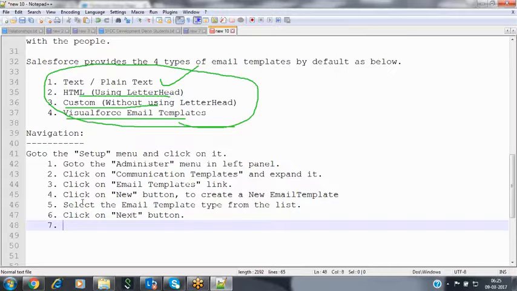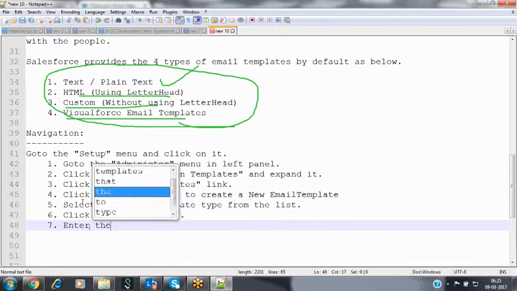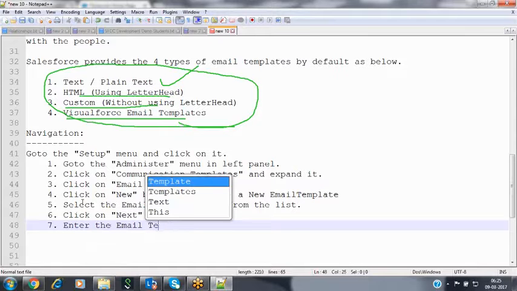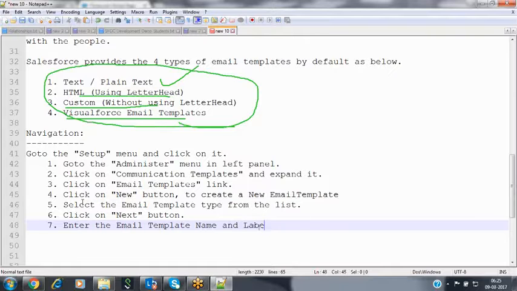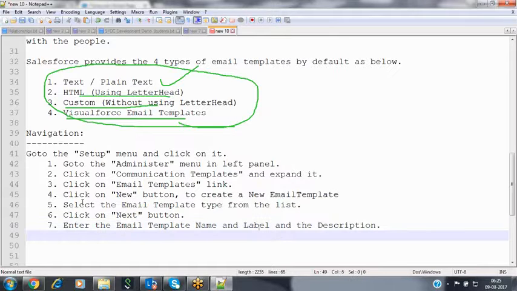As soon as you click on the next button, it provides a user interface. Inside that, we need to provide the information about the email template which you are going to create. So enter the email template name and the label and the description of that email template.